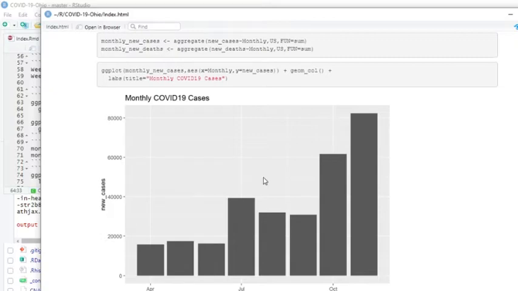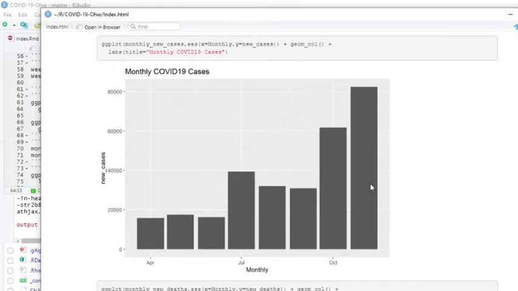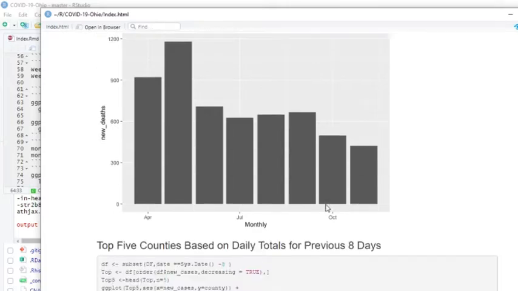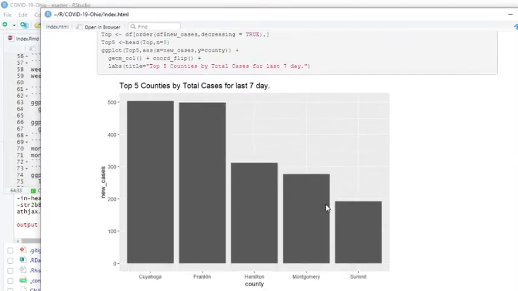This is monthly cases for the state of Ohio. Once again, you can see the last 2 months have not been good. November's cases have already passed October cases for the state of Ohio. But deaths are remaining low. Last month's deaths were below these numbers here, but it looks like November's deaths will certainly pass at the least October's.